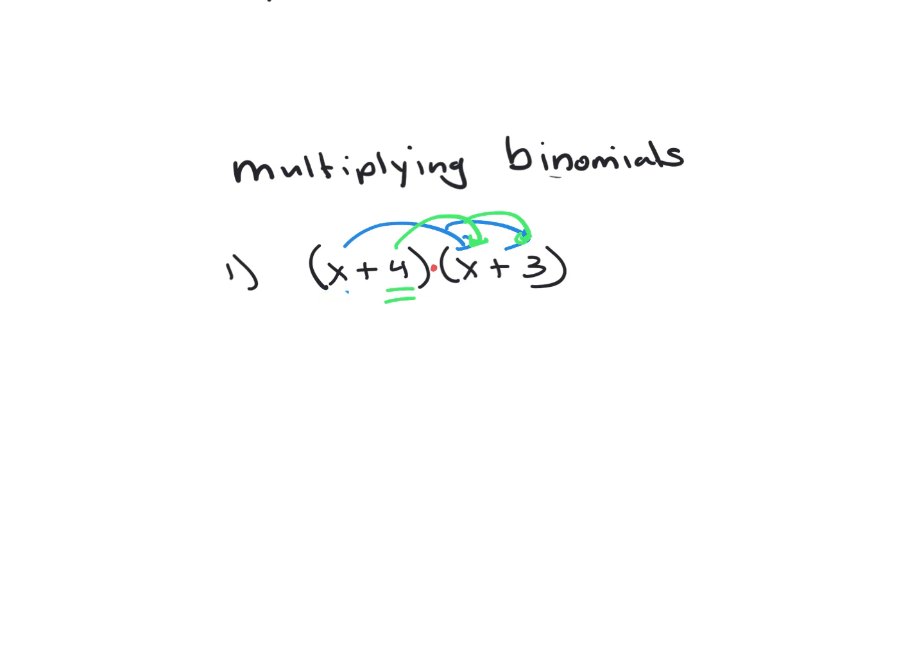However, I want to do it using the acronym FOIL because it's going to help us when we go the opposite direction. When we go factoring and we go the opposite direction, it'll help us if we use FOIL to multiply, which is really just double distributing, but it's going to help us in the future down the road. So F is for first ones, and the first ones are these ones, the first ones in the parentheses,